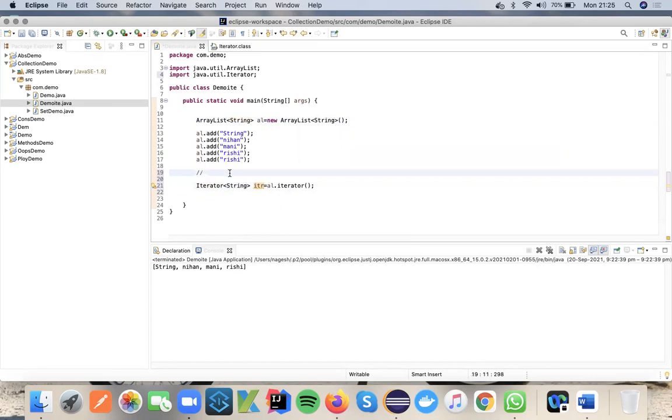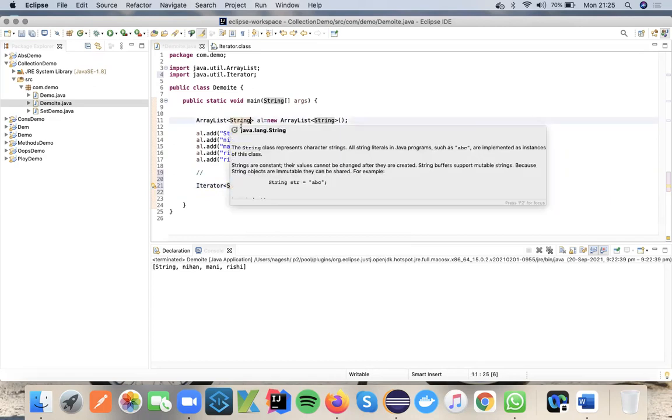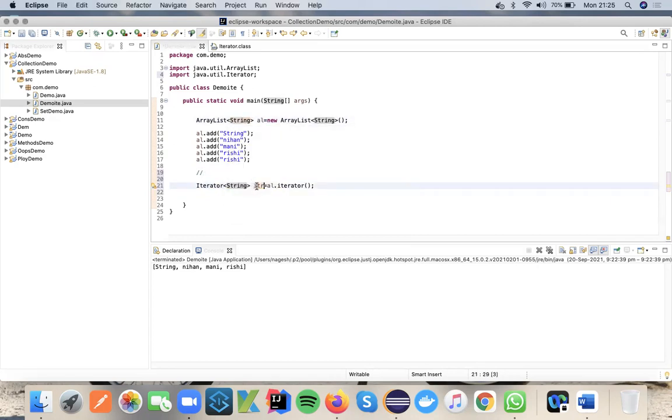If it is an integer, in this syntax it should be an Integer. If it is a boolean, it should be a Boolean, right? Next, itr is an object. AL is the collection object which we are trying to iterate. If it is a linked list, it would be ll.iterator.